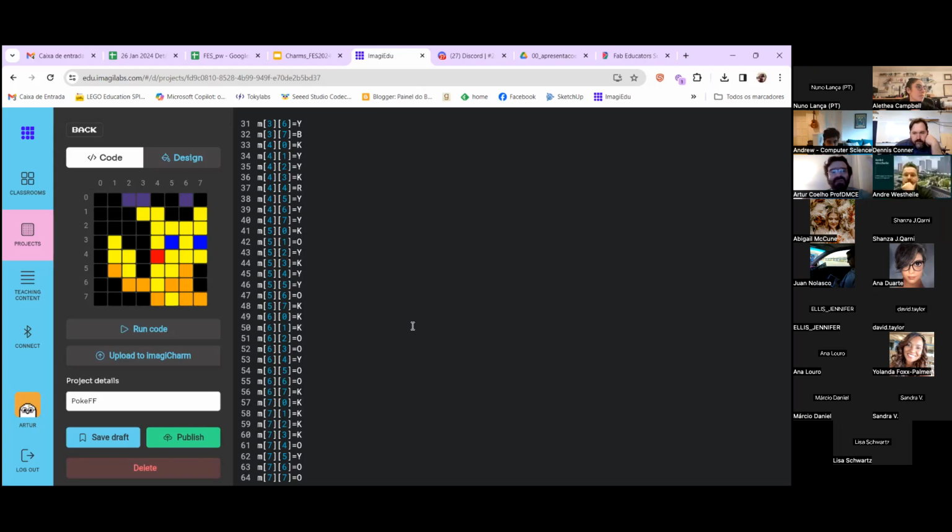Okay, so I've opened this project to show you something, which is how I can transport this code from my screen into this device. So I've plugged